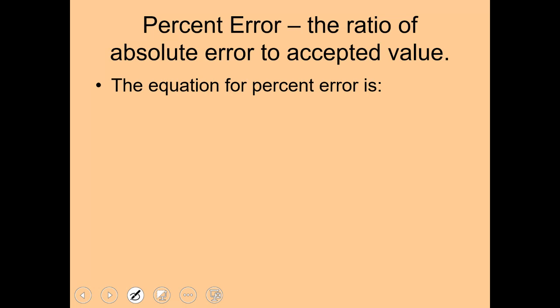So rather than talking about absolute error and saying my answer was only off by a centimeter, well, relative to what you were measuring. So that's why we have something called percent error, where we compare the